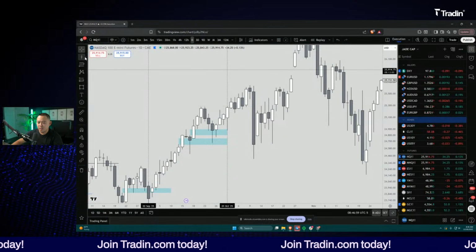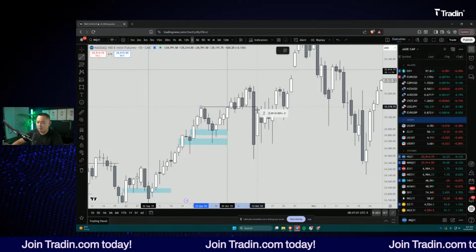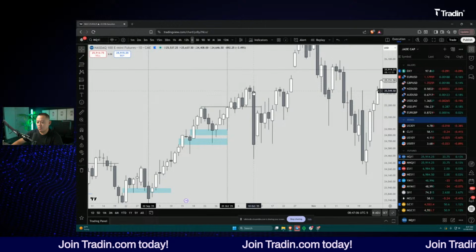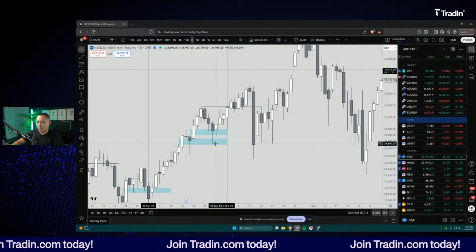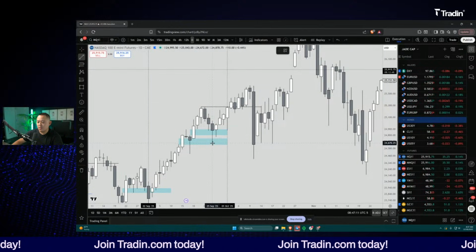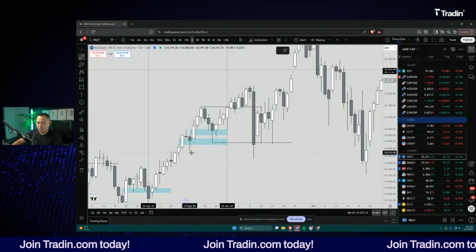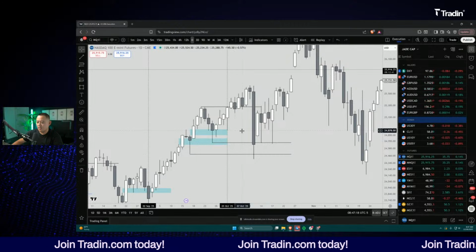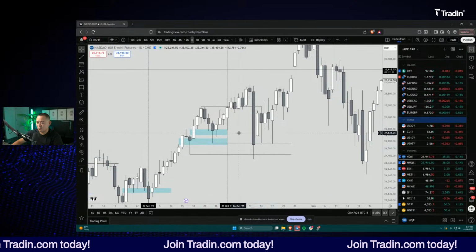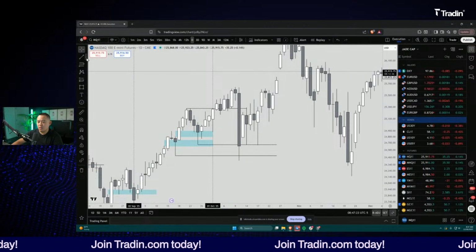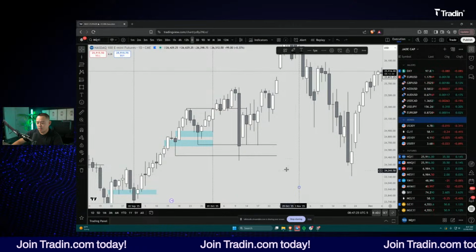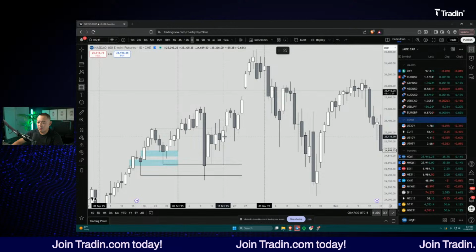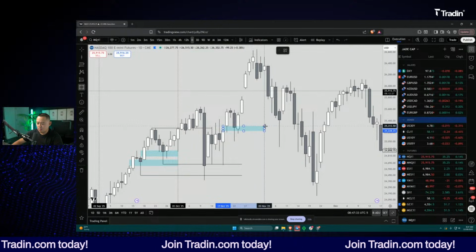Here we have the previous monthly high. We get a flush. This is very sideways price action. Maybe you don't anticipate this flush lower, but it takes out this swing low and this swing low, and then it trades higher. I will say the last couple months, in the last quarter, in index markets have been much more difficult to trade than earlier in the year. They haven't really provided those higher time frame levels that I typically like to trade off of. Then we have this gap here, and then it trades higher.